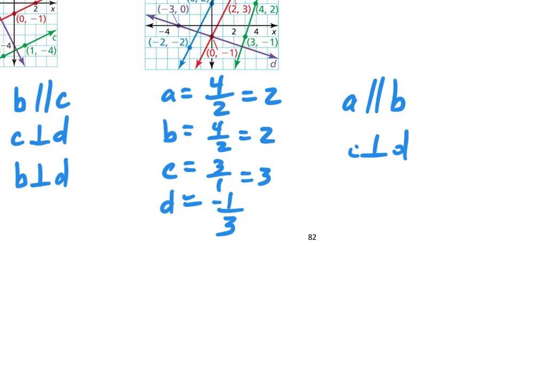Okay, we split this up into two days because there's a lot of stuff in this section. And so tomorrow we'll continue talking about parallel, perpendicular. I will tell you on your homework today,